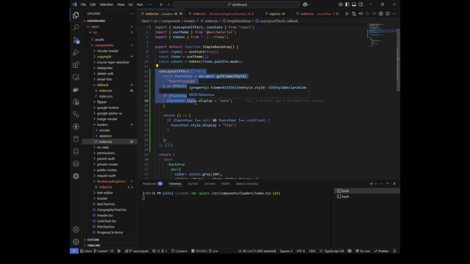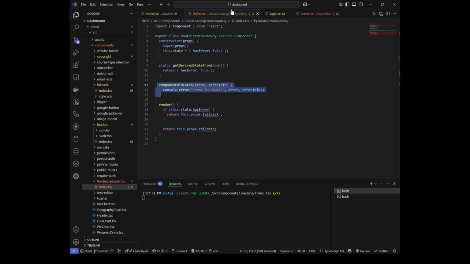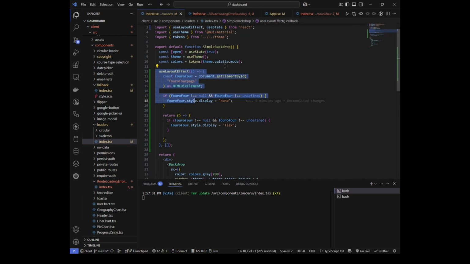If we had some kind of React lifecycle hook, other than componentDidCatch, because again, this is not going to do anything, because it's not that the component is throwing an error. If we had a different hook that allows us to track the state of our component loading,